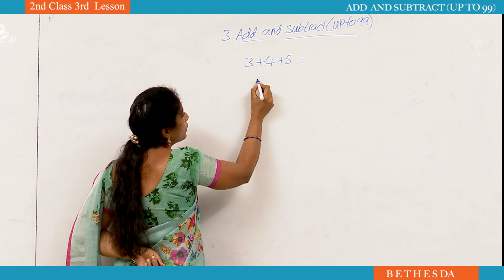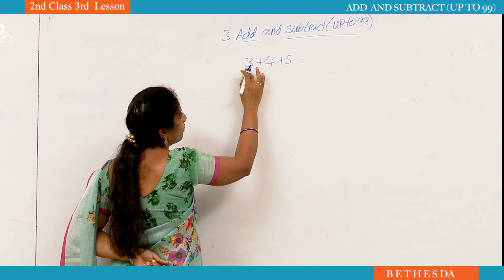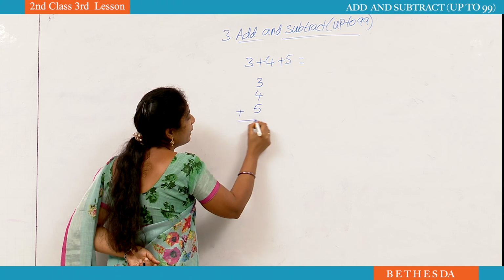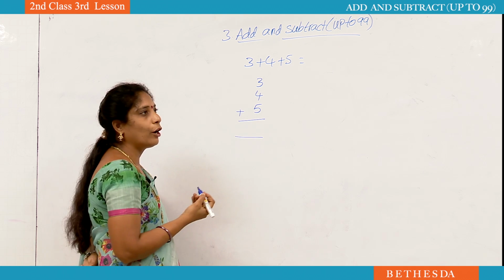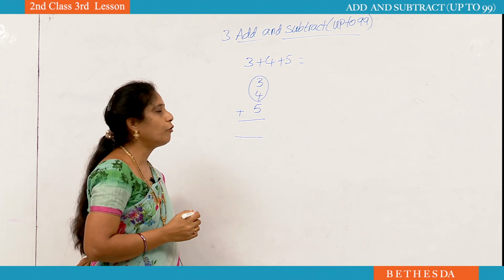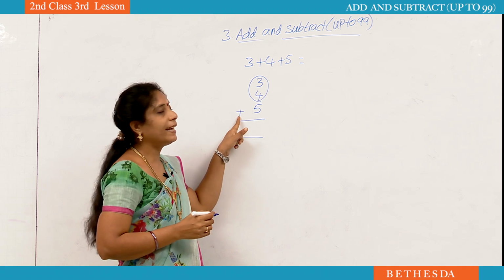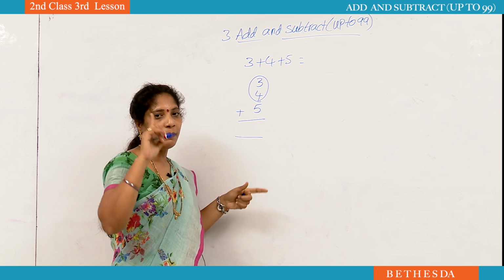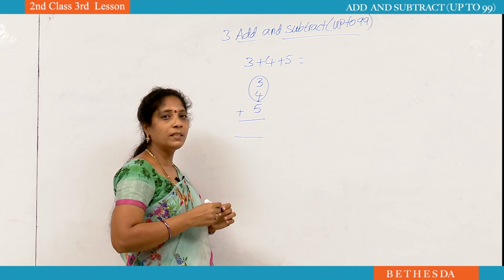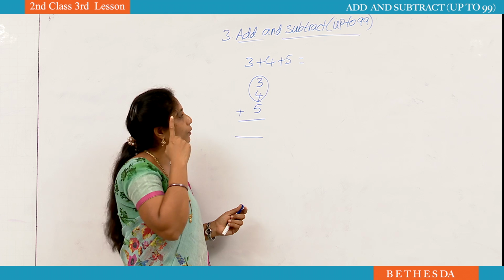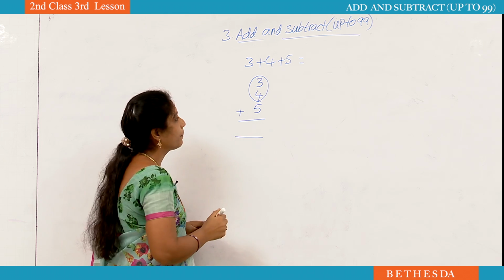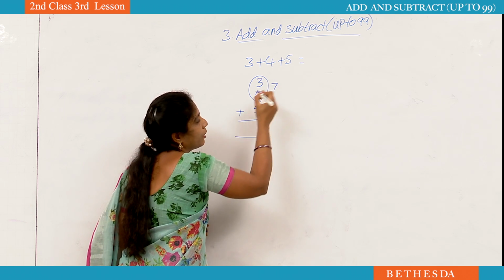Now we have to arrange those numbers in column method. 1 number down, 1 number. 3 plus 4 plus 5. If they gave 3 numbers like that, first we have to circle 2 numbers and add these 2 numbers. 3 plus 4. What is the sign? Addition. Big number is in my mind, small number is in my hand. Here which is the big number? 4 is the big number, 3 is the small number. 4 is in my mind, 3 is in my hand. After 4, 5, 6, 7. You should write 7 beside that.